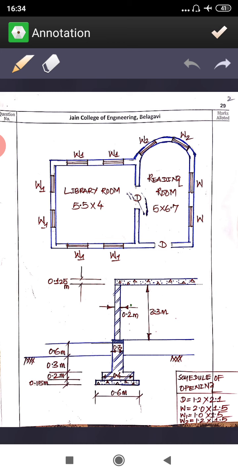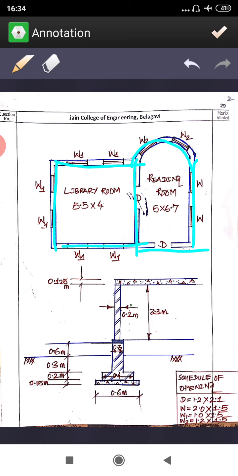Now first and foremost thing to solve this problem by long wall short wall method is that you should get the center to center of all walls. See, you can easily divide the walls here. If you see this plan, you will be having same length walls. See that this plus this plus these three walls are having the same length. Then you can have this wall and this wall with the same length. Then a separate wall is this, then one more, that semicircle wall you have to get.